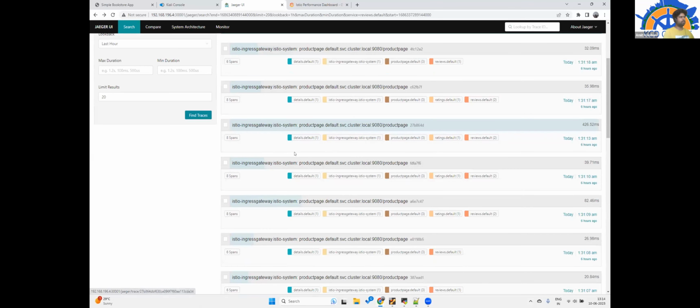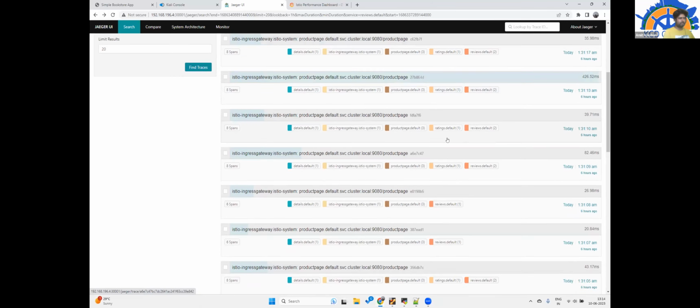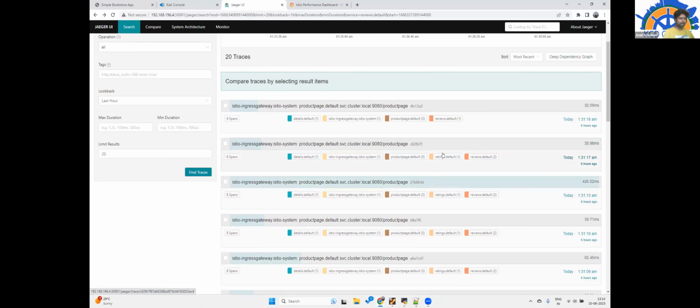This particular request went to the default ingress, came to ingress and product page and the review system. The product page is the portal page, and then by default it goes to ratings and reviews.